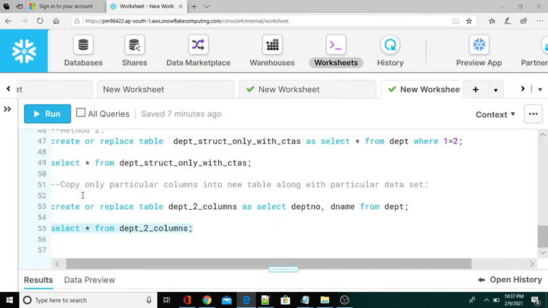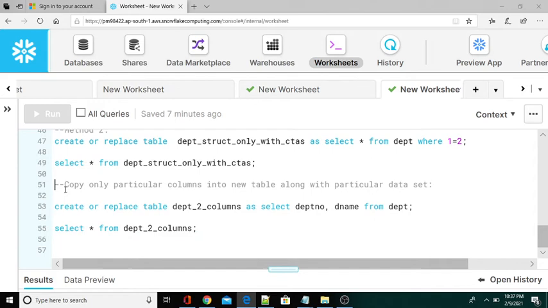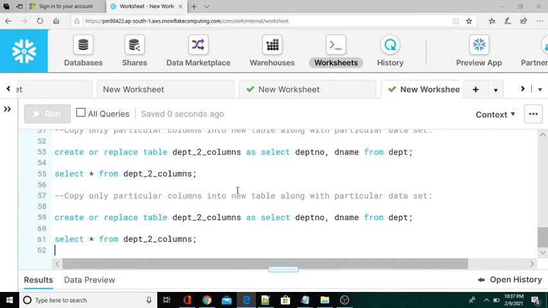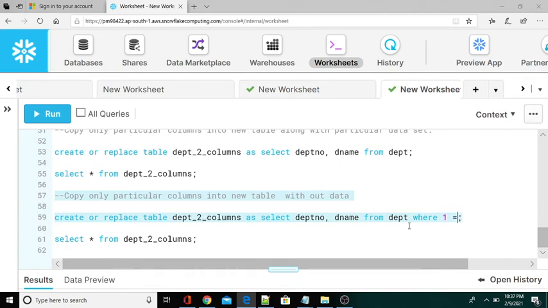Now another one, with structure only but with two columns. This time I copy only particular columns into a new table without data. To do that, you use where 1 equal to 2, a false condition.